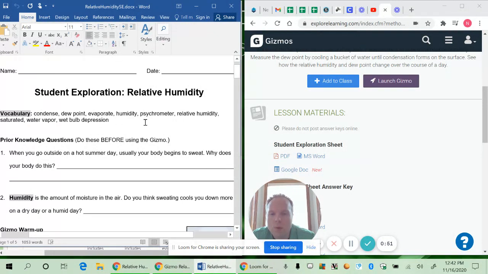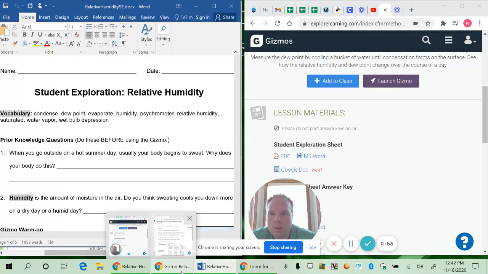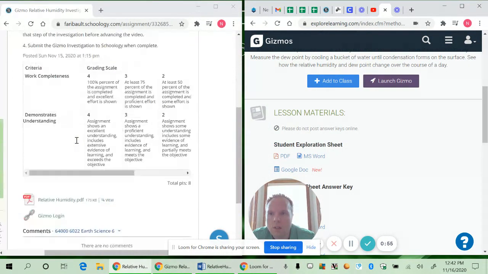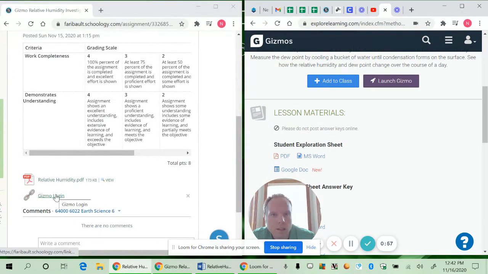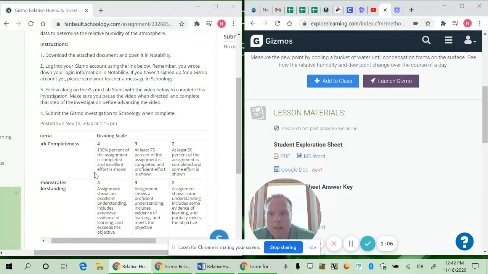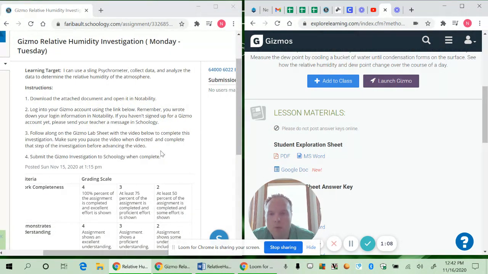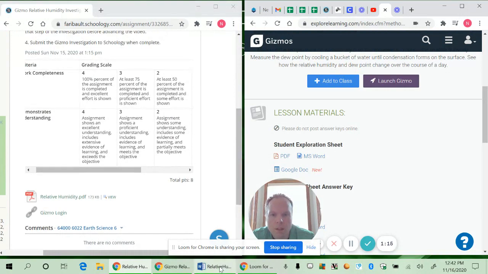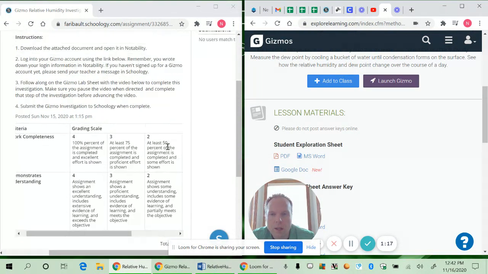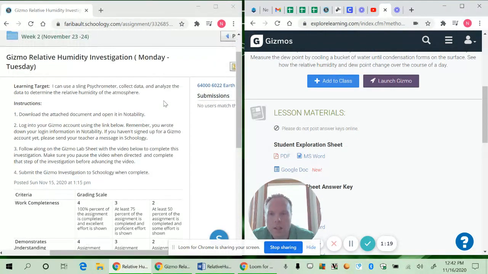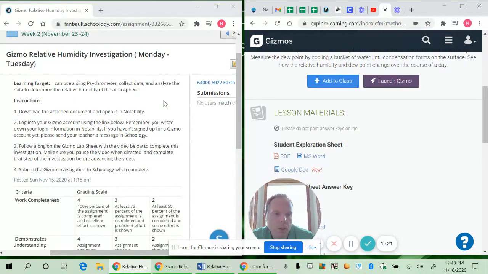And to get into Gizmos, remember what you're going to do is click on the Gizmo login link. And you'll click on the login button in the top right corner and type in your username and password. If you don't have a Gizmo account, we set these up about 2 weeks ago. You can send your science teacher a message and they will help you get one set up. Okay. So click pause, go ahead and download the document, log into your Gizmo account, and when you're ready, click